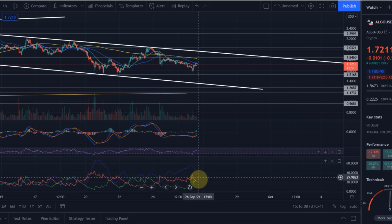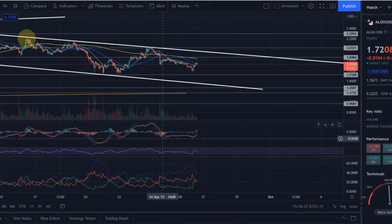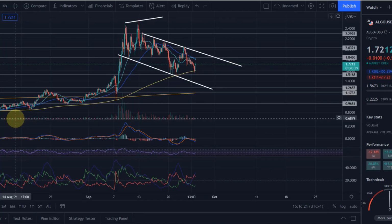And the ADX here, the green line, is now crossing above the red line. If that is going to be sustainable, we can't clearly see that yet, but it's looking like there is a bullish crossover. And let's take another look at the 4-hour chart,